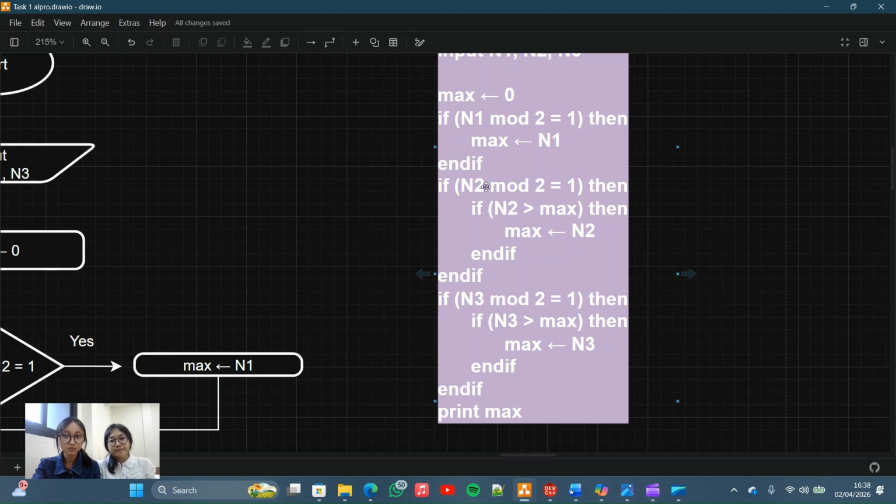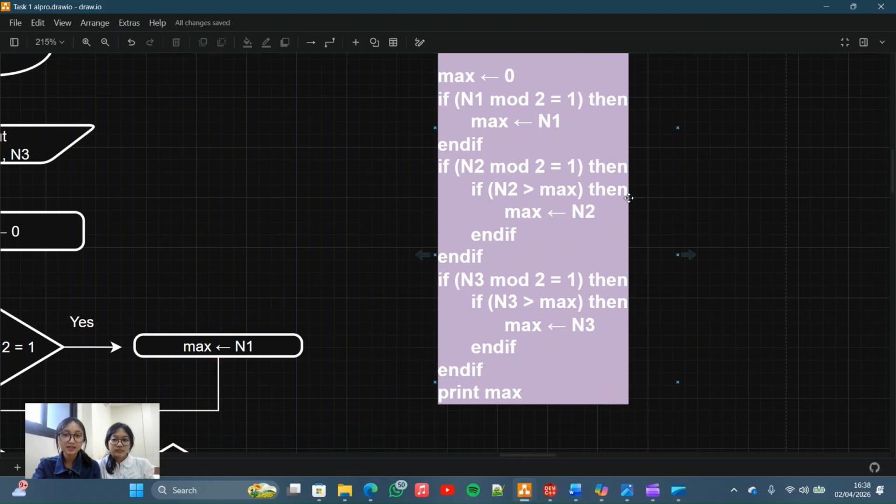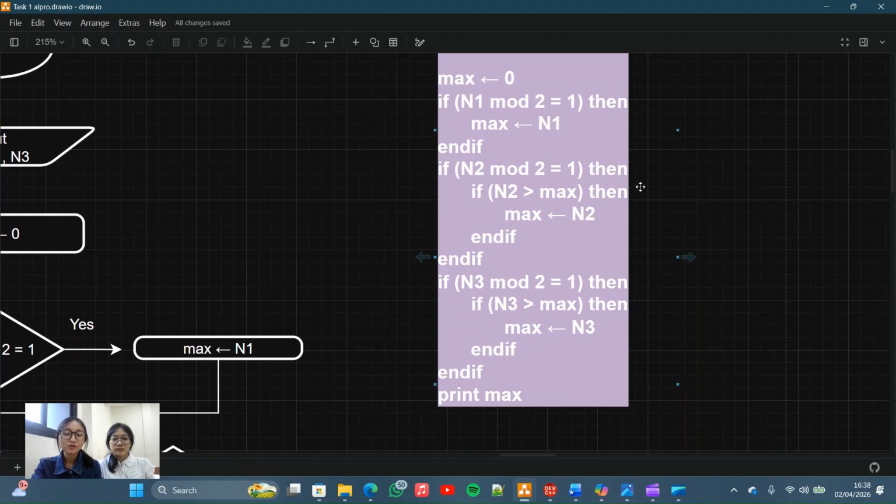So if n2 mod 2 equals 1, then it asks again if n2 is larger than max, then we store n2 to max. I will explain it a little bit. If we know that n2 is an odd number, and then we ask if the second number is larger than the max we put before. If yes, then that means the second number will be the max number.